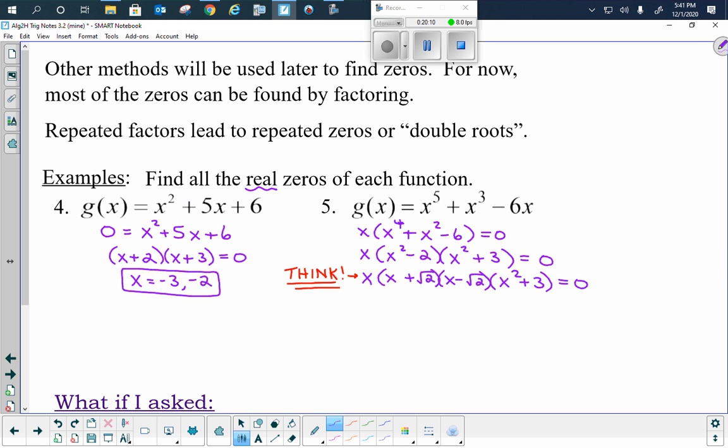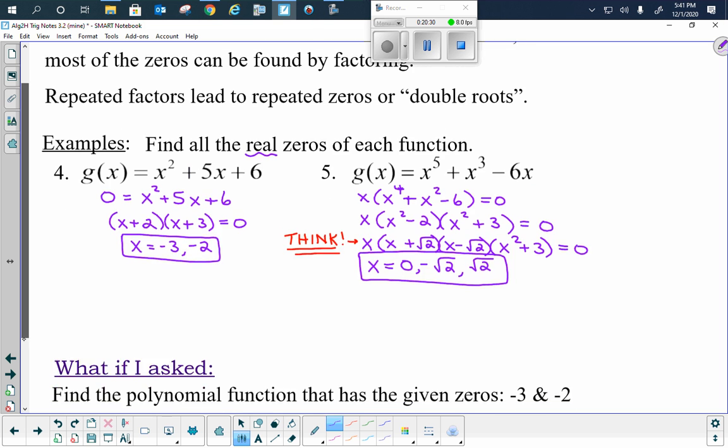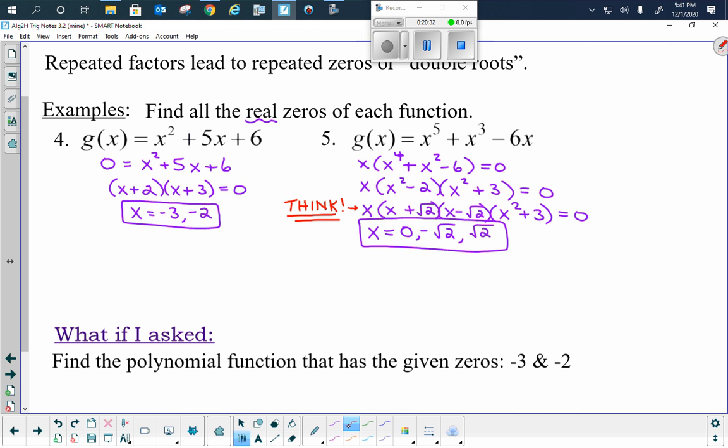And the reason I like to think about this again is this is now nice and visually easy for me to see that x equals 0 from the first x, negative root 2, and positive root 2. The x squared plus 3 just doesn't produce anything because it's imaginary. So why again did we say think about that? Remember, factors are what's in parentheses. And so we say that because eventually you'll be giving me some factors,